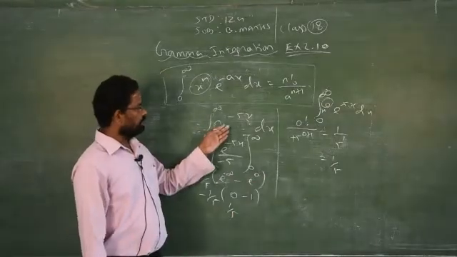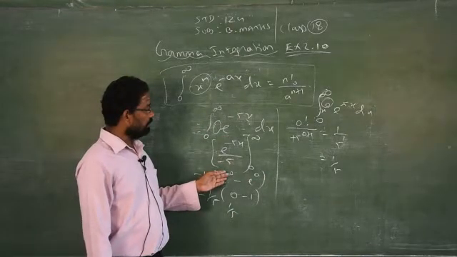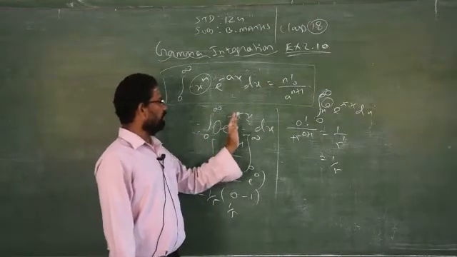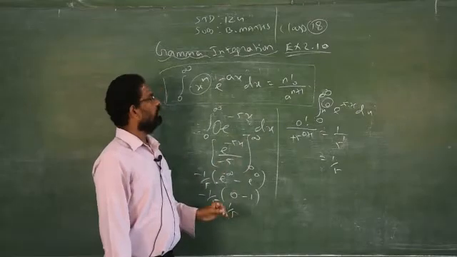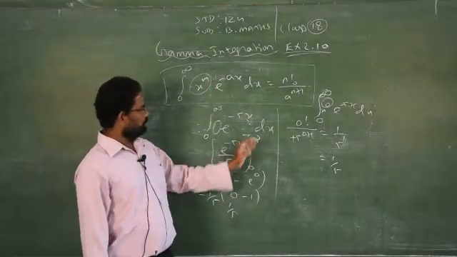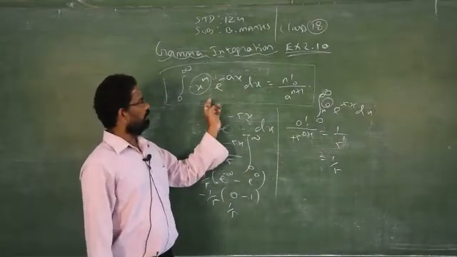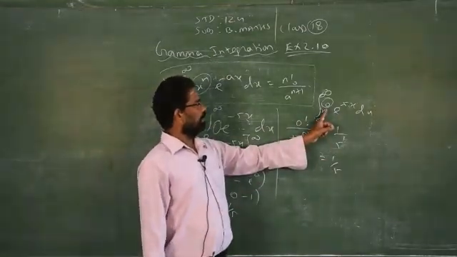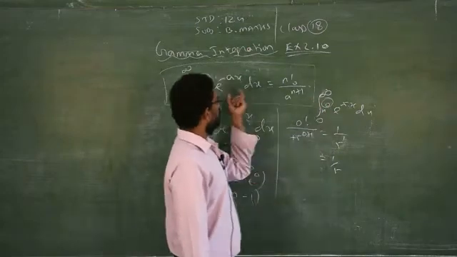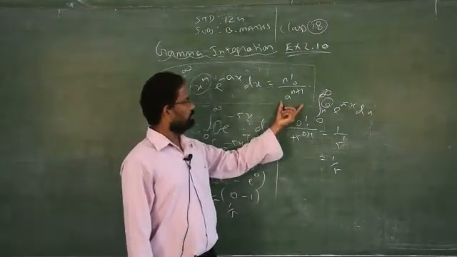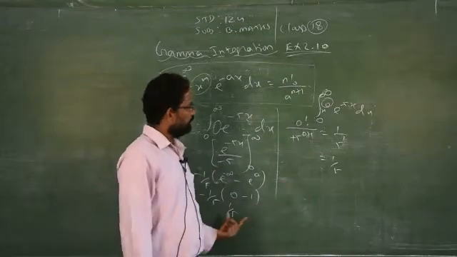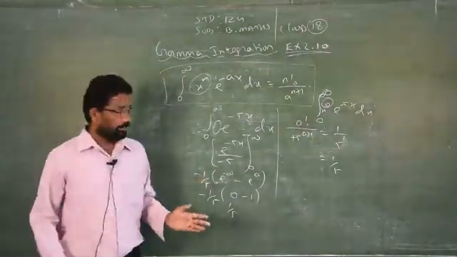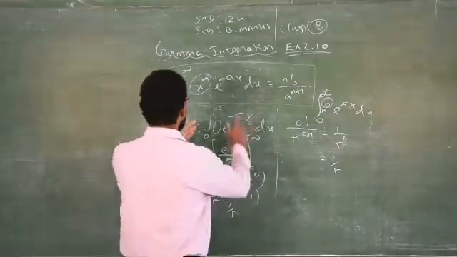So either you can do it directly without using gamma integration, 0 to infinity, e power minus 5x into dx. If you see anywhere in this format, even when x is not present in the integrand, you can apply it by taking x power 0 into the given function, then apply this formula and get the same answer, provided the limit is always 0 to infinity. If you got different limits, then you cannot apply this formula.